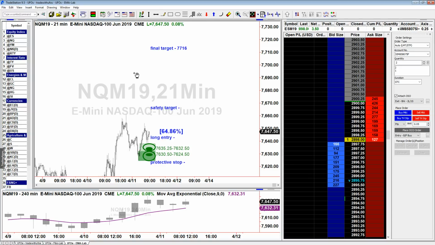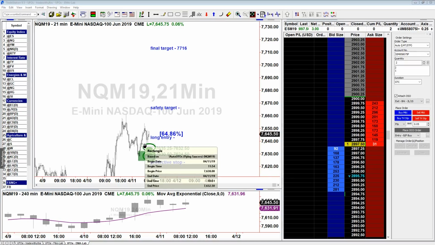You know, if you don't mind missing the trade, because sometimes the market will come to the UFO, bounce from the UFO, and you just miss the trade because it never went as deep as where the moving average is. Okay? So it depends on what your approach is. Are you okay missing a trade, or you just don't want to miss a trade? Well, if you don't want to miss a trade, you would want to use 38, which is the top of this rectangle. The top of the UFO band is 38, so you will want to use 38 as your entry.